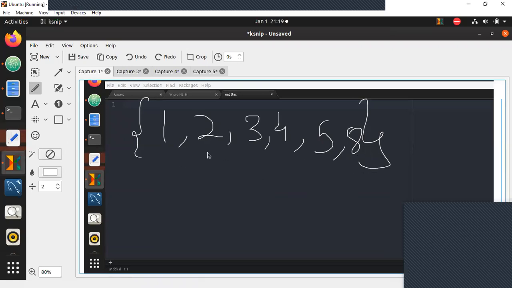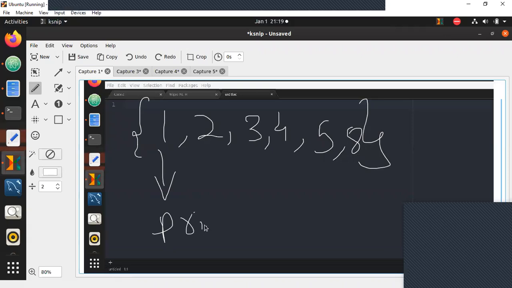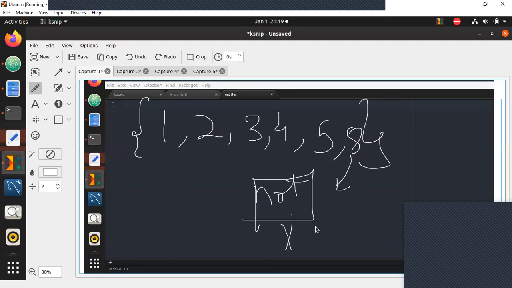Now here, if this is clear, what is the first step we're supposed to do? We're supposed to check each number and see if it is prime. If it is not prime, then we know it is composite. So let's take 8. We need to check if it is prime or not. It should not be prime. When it is not prime, we know we can use it.